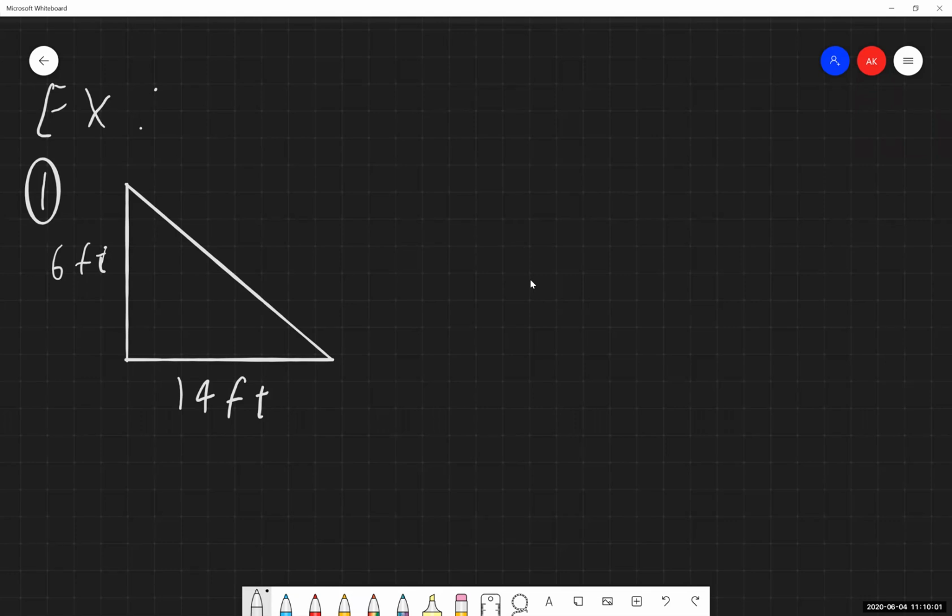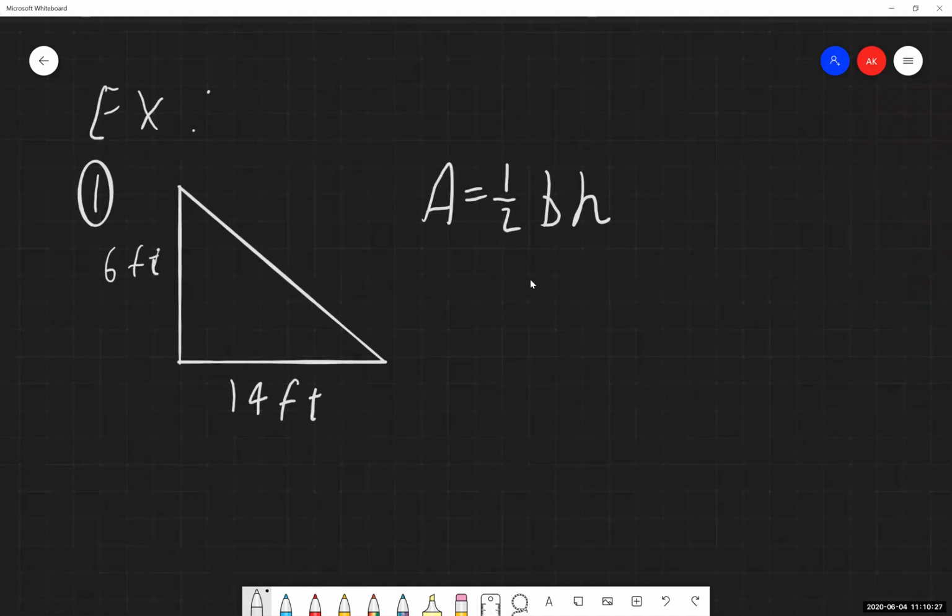Well, I'm working with area, I'm working with triangles. I always recommend writing out the general equation of what you're going to be working with. I'm working with the area of a triangle. The equation for the area of a triangle is 1/2 base times height. Just write that out for yourself. There's your equation. Now you can fill in what you know and what you don't know and solve for that accordingly. So based on what we have been given, we need to determine the base and the height.